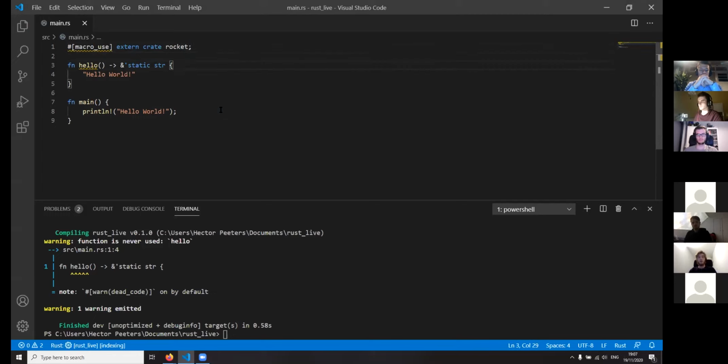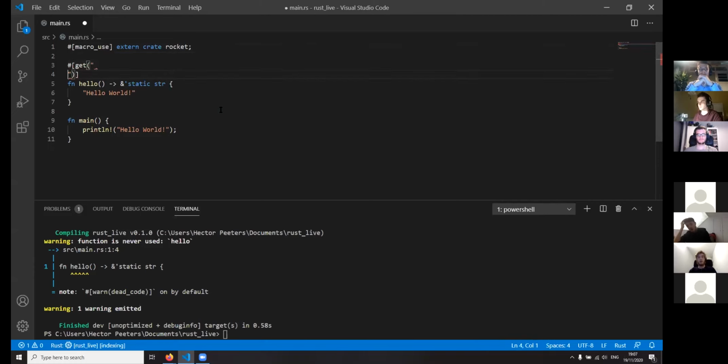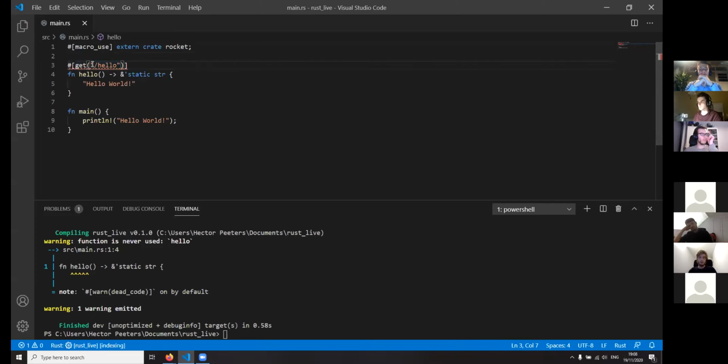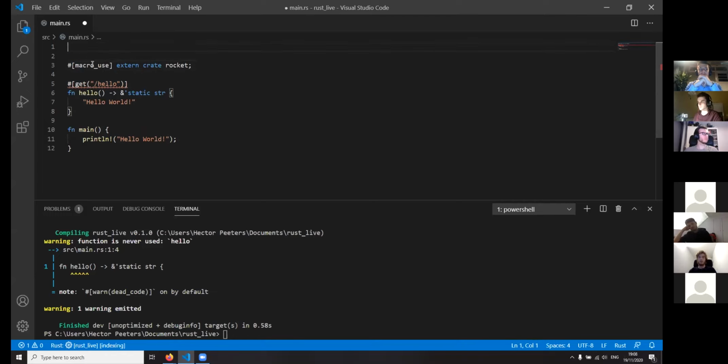So now we need to mark this function as a handler for request. We can do that by using one of the macros, which is get. And then we need to give the path we want to use. So hello. As you can see, it still gives us an error. If we look here, we see that macro is experimental. These types of macros are still in experimental phase, so we need to enable them specifically. And it's as easy as adding a single line on top. So we want to enable feature. And the feature is